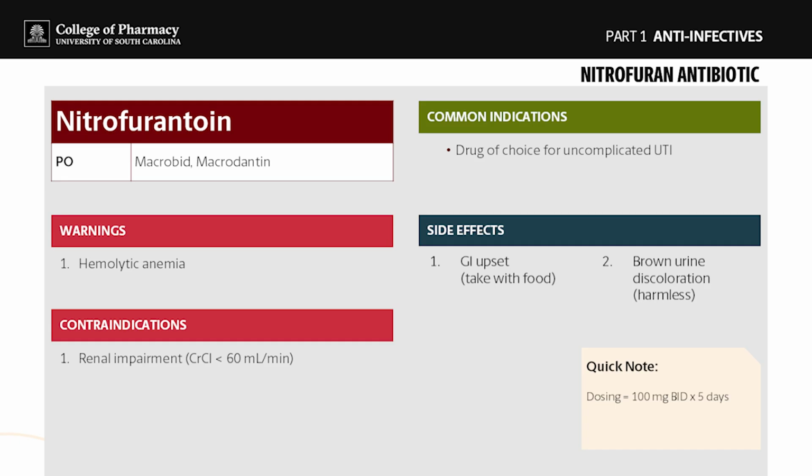Nitrofurantoin antibiotics, Nitrofurantoin, Macrobid, Macrodantin are the brand names, and it's actually a drug of choice for uncomplicated urinary tract infections. Some of the side effects would be stomach upset. This one you need to take with food. Sometimes this drug will cause a little bit of brown urine discoloration. People sometimes get a little freaked out with this because they think that brown urine might be a little blood. It looks a little funny, and so they're just absolutely freaked out. So you need to let your patients know this. Make sure they know that it could cause brown urine discoloration.